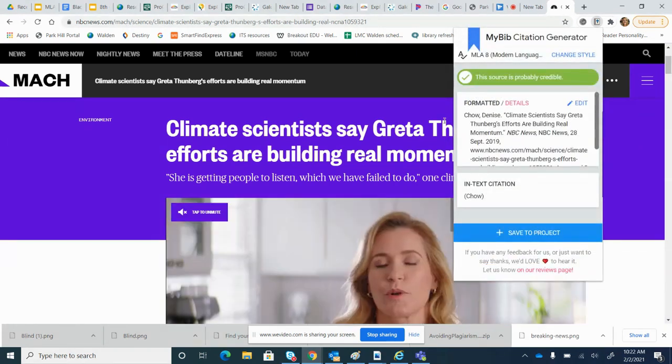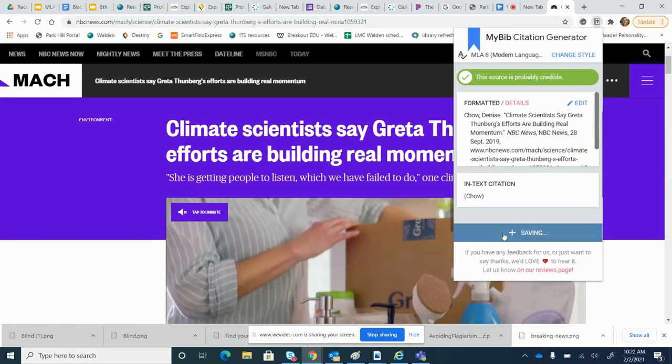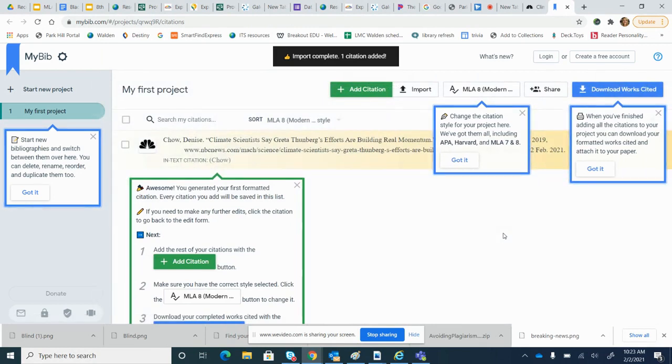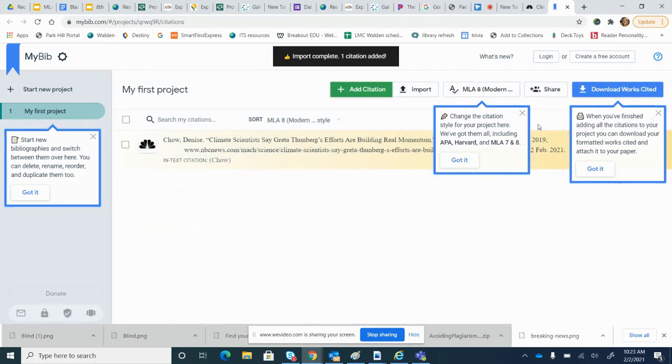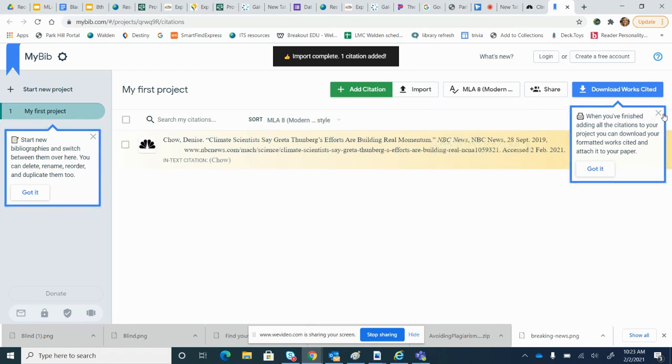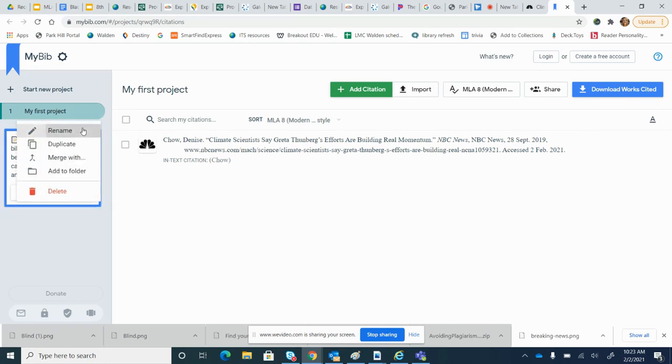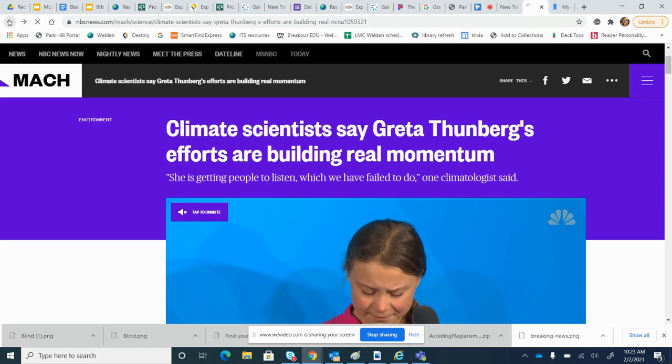Okay, so if I'm going to use this as a resource, so I'm getting information from it, I'm going to go ahead and click Save to Project. You can click all of your citations here, and it'll save them for you. And then once you're done with all of your website citations, you can copy and paste this into a note-taking page or a Word document. Then you can also add in your database links. Okay. You can name this if you want, like if I wanted to name this Making a Difference project or whatever the name of your project is. And then when I continue to add more citations to it,